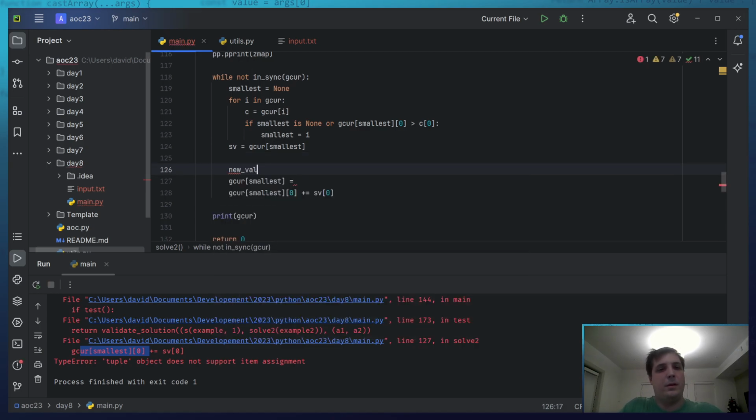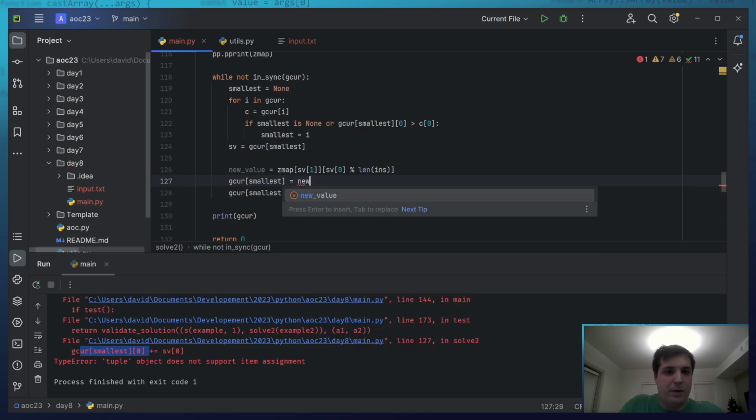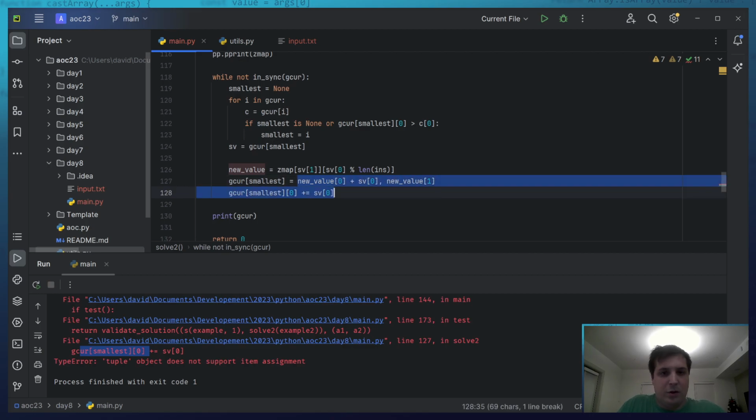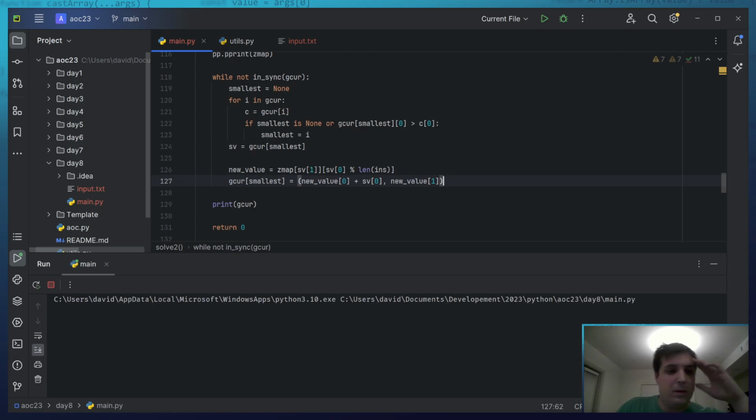New value, and new value 0 plus SV 0 and new value 1. Make this a tuple. There you go.